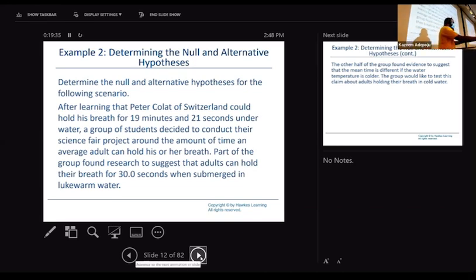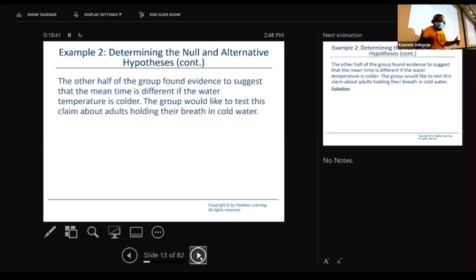They can hold it for 30 seconds. That is equality. Now, the other half of the group found evidence to suggest that the mean time is different. That is not equality, right? Now, the group would like to test this claim about the adult holding their breath in cold water,